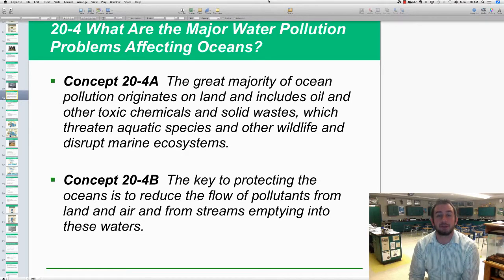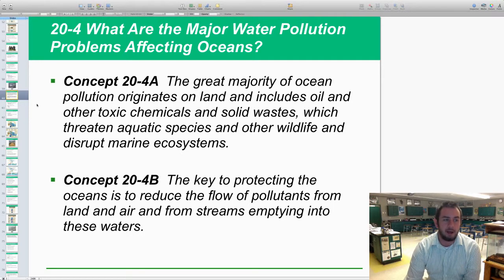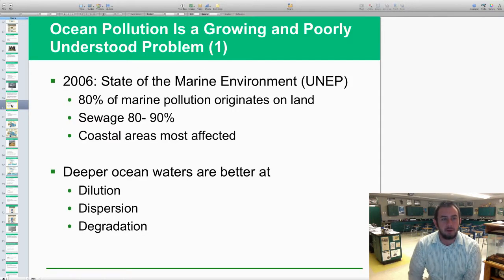We're looking at what the major water pollution problems are affecting not freshwater this time, but marine environments, looking at oceans. So we're going to take a look at how and why they are being affected. In 2006, the UNEP, the UN Environmental Program, did the State of the Marine Environment report, and they conducted a survey among